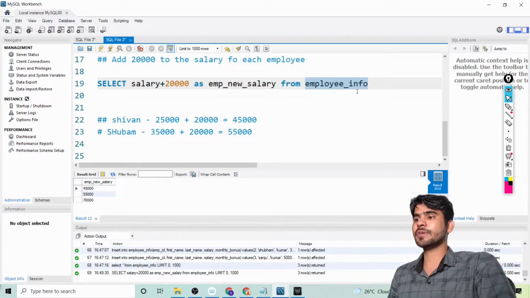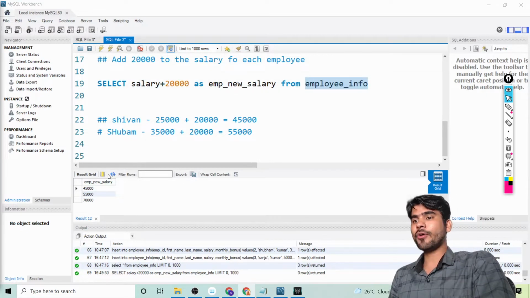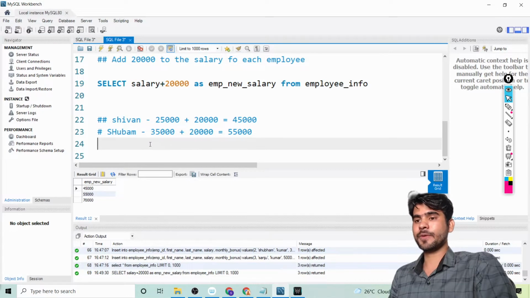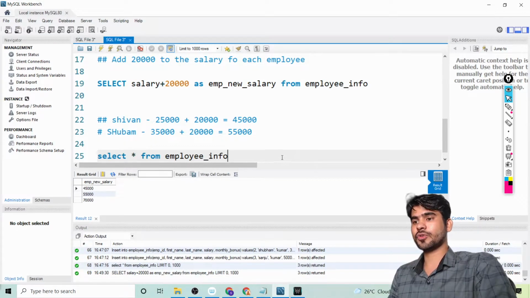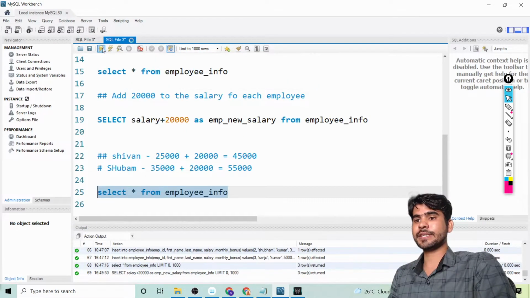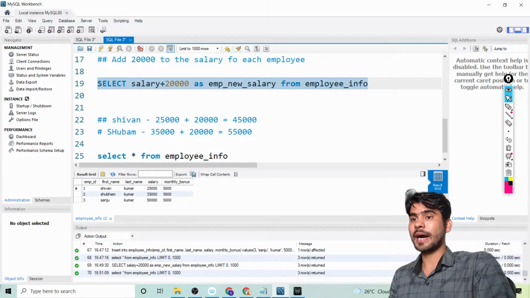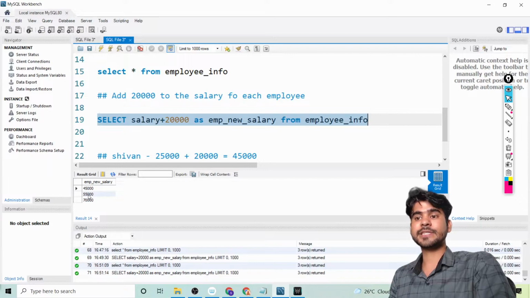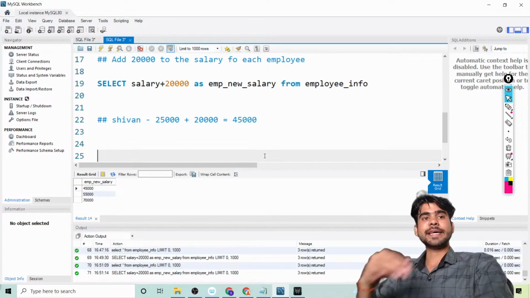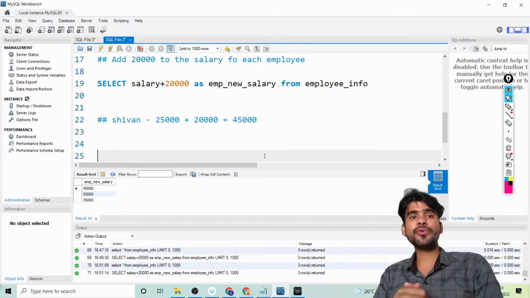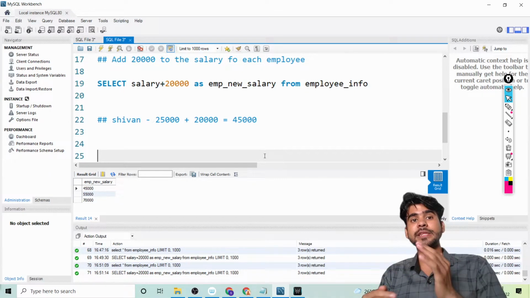Okay, so here you can see the table now has a new employee salary column, and the updated salary is added here. Now let's check our previous data again. Let's select and run. See, previously we had the same salary, but after the update we are getting this much salary. Now next, we want to add the salary and monthly bonus